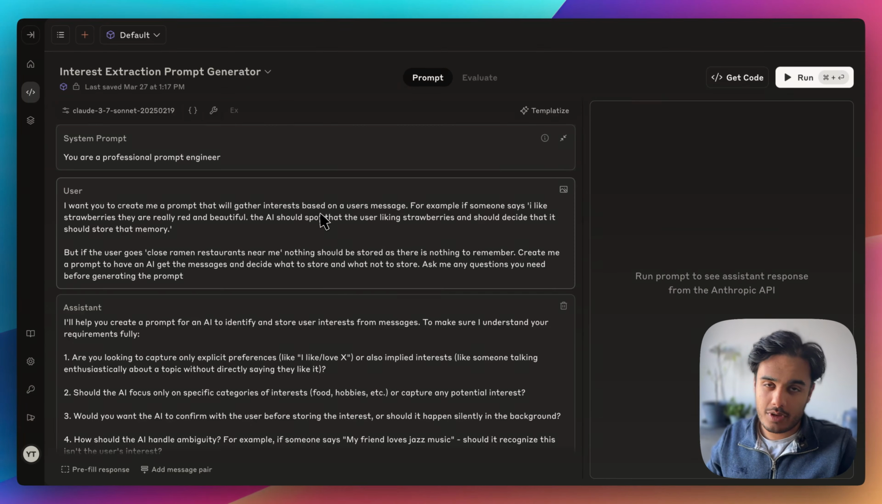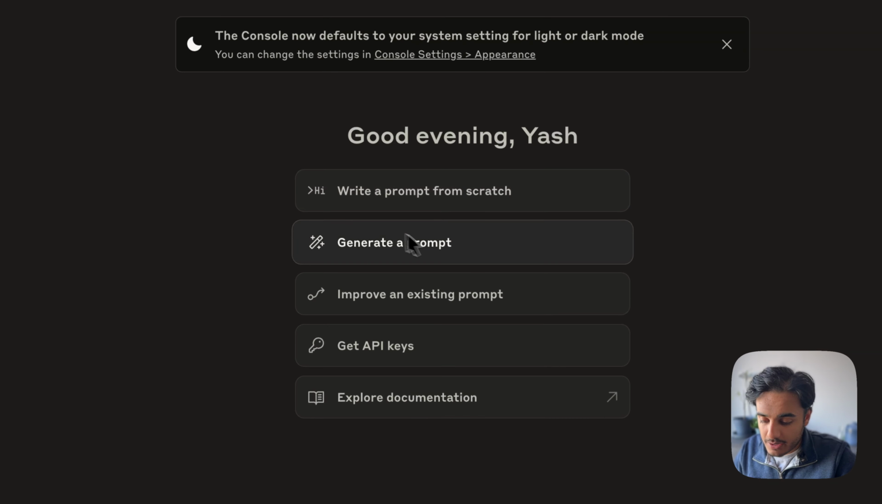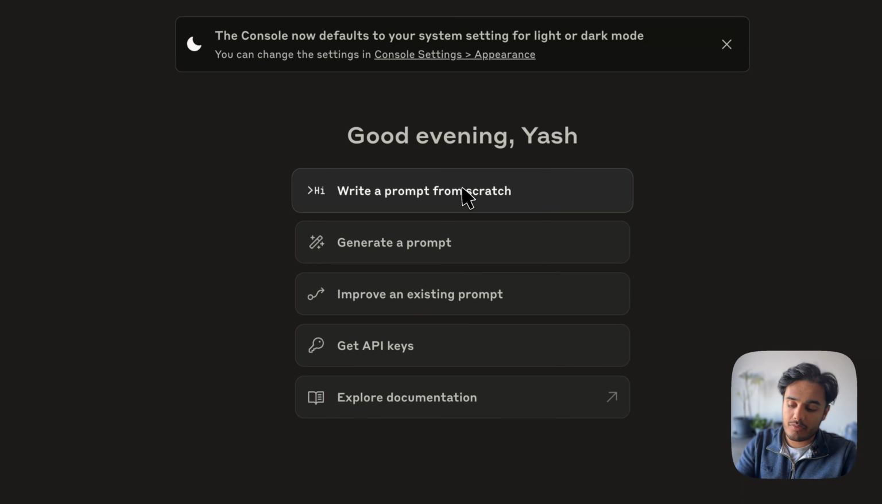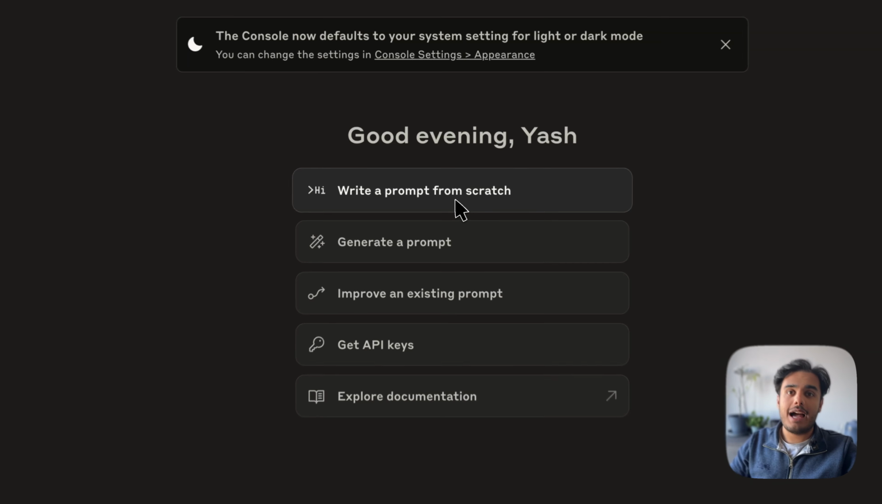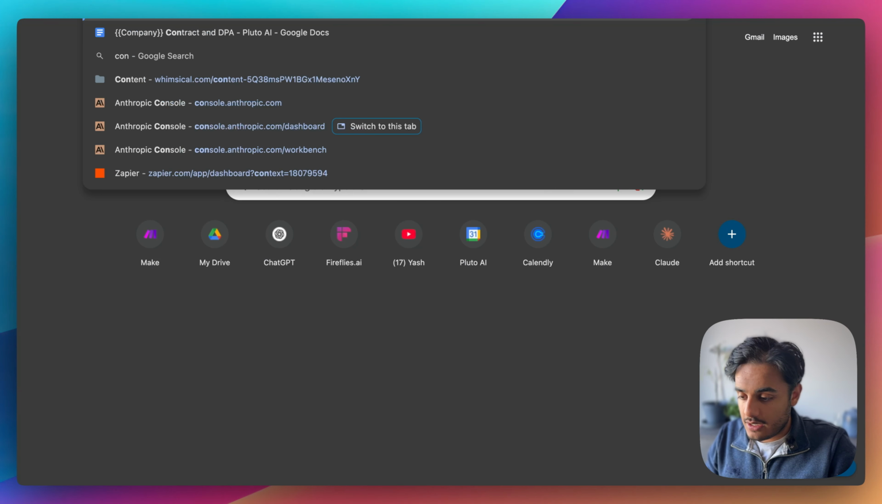You can use it using Claude AI as well, but essentially when you set up a Claude API, they give you this kind of workbench. And over here, you can generate a prompt, improve an existing prompt, or write a prompt from scratch. I normally use the write a prompt from scratch part over here. And this one's really useful when you're actually looking to write different prompts. You can get access to this by just typing in console